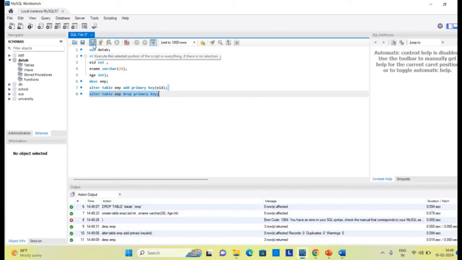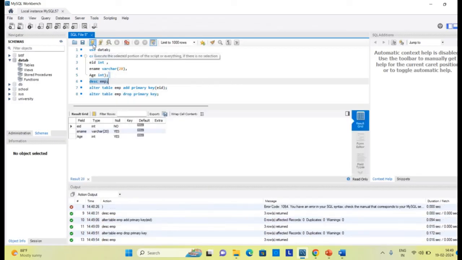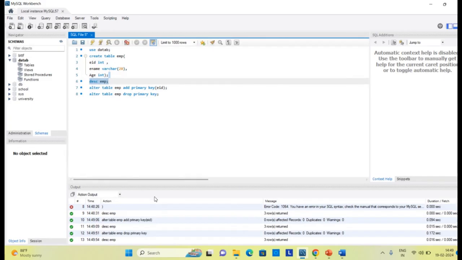I run this query and I can see in the description that EID is no more a primary key. So this is how we can create a table and add a primary key while creating the table, then alter the table to add a primary key, and by altering the table we can drop a primary key.